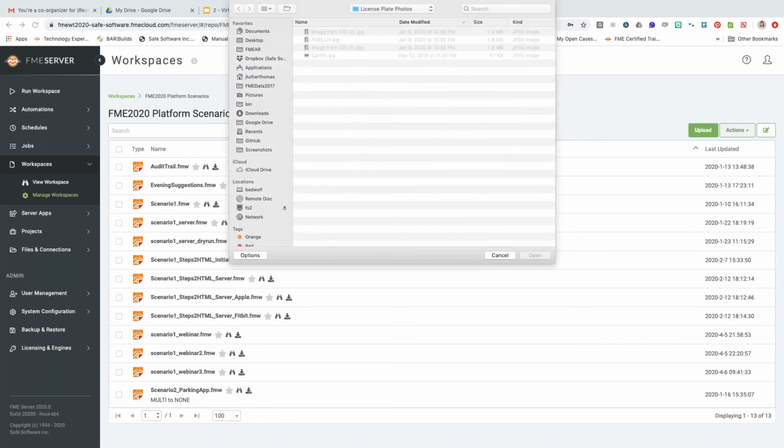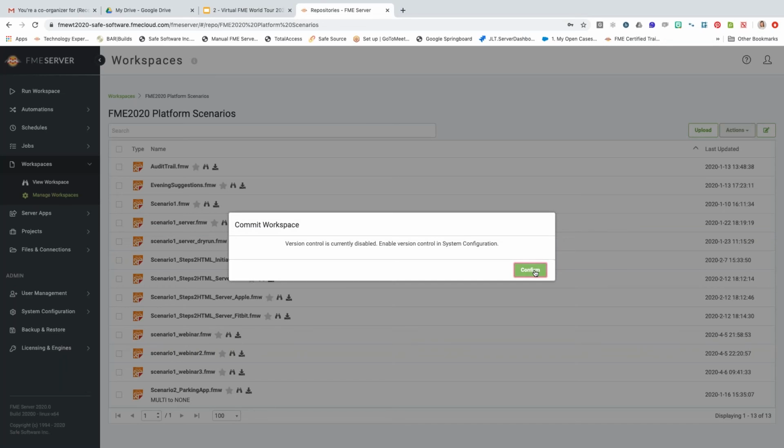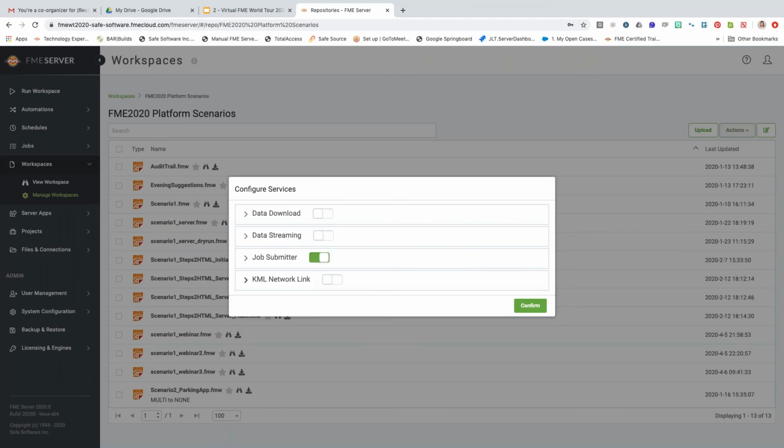So drag and drop works as well, or you can navigate to it, select it, and just upload it through the web interface. You can see here we don't have version control turned on this server, so it's just giving me a warning. And then just as you would in the publishing wizard, you can configure the services you want to run